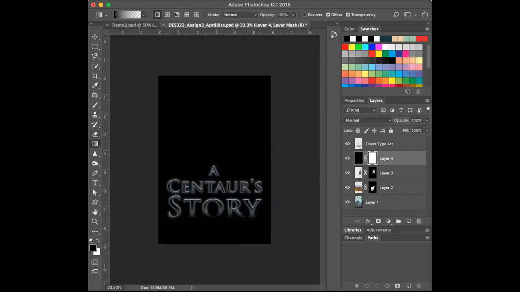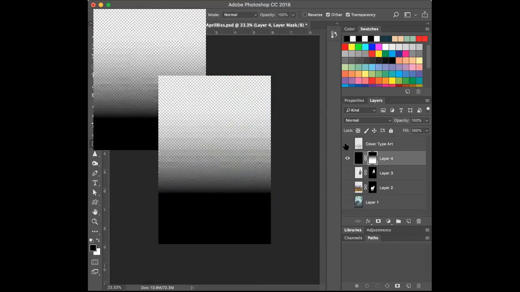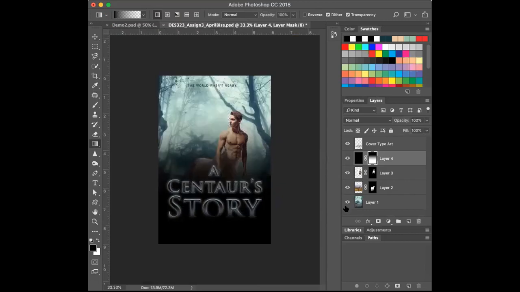We're going to take that gradient and just click up above here. Where you click is where that gradient's going to start. If you start with the fill on the foreground and pull your line downwards, it's going to go from gradient to black. Okay, so let's hide this real quick and you can see the full gradient there. And this already hides the bottom part, so we don't even have to worry about